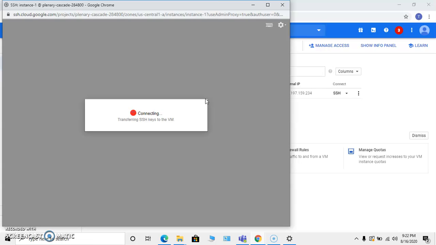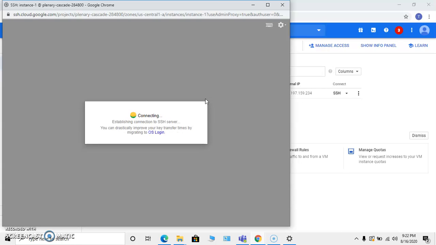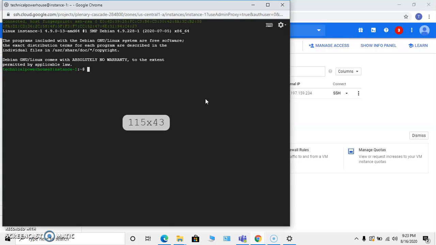It is going to take a while to connect to that virtual machine using the SSH secure shell session. And there we go. Now we are logged into our virtual machine.